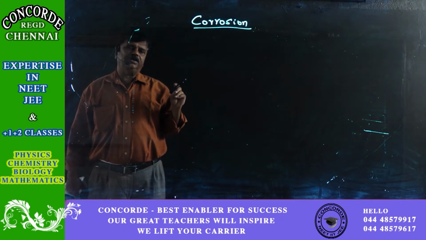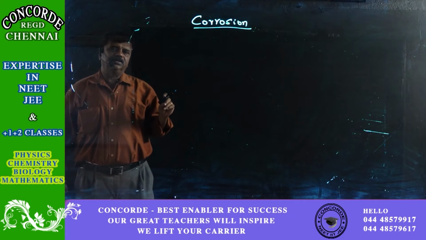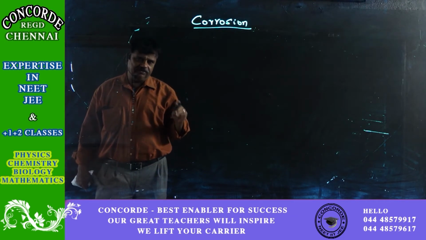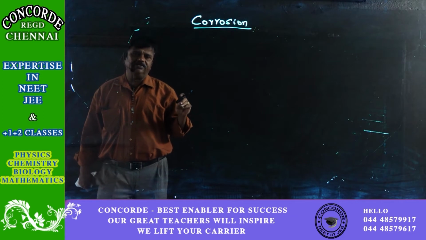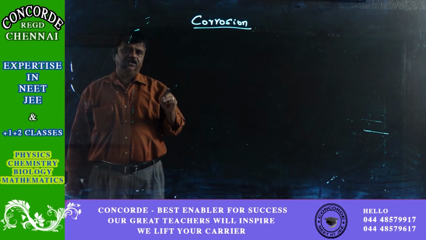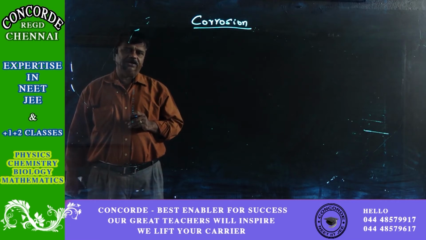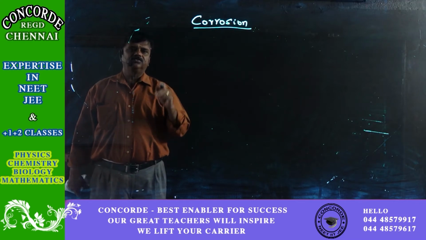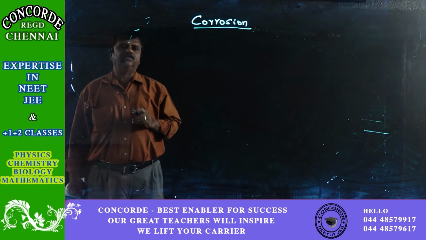And over the period of time, the brownish parts eat away the surface of the utensil or any of the iron surface, and you see some holes or some gaps in the iron plates or iron utensils or whatever it is. So this process is called corrosion. So corrosion itself is an electrochemical reaction.